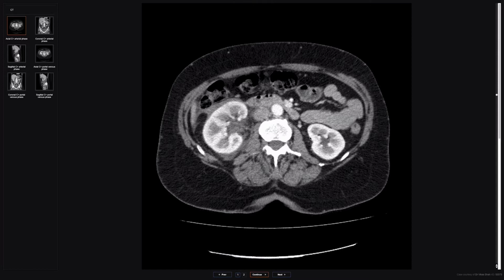So this is again a triple phase CT. So with the ischemia one, we're doing non-contrast, arterial, portovenous. Now with trauma, we typically do not do a non-contrast CT. The general trauma protocol that we have is an arterial phase, chest, abdomen, pelvis, followed by a portovenous phase, abdomen and pelvis. So the reason for that is you want